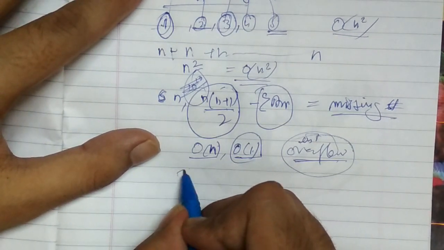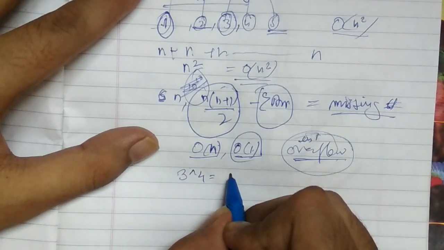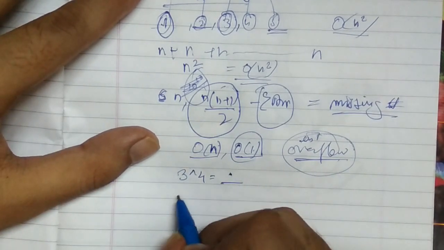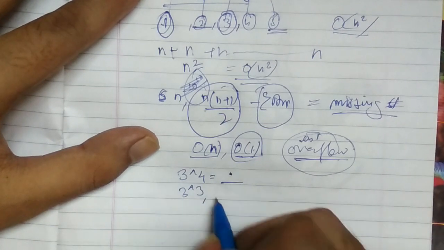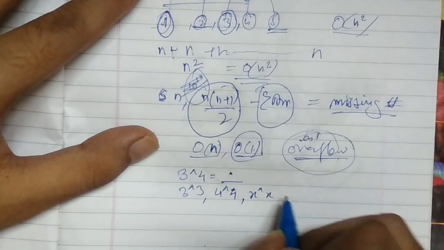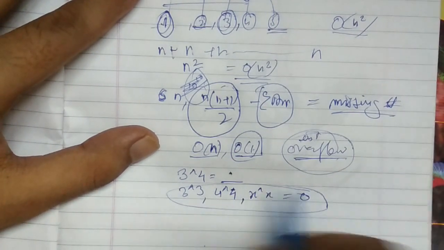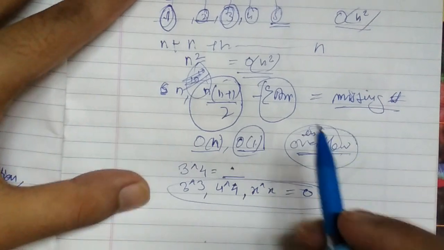Now we know if we take two numbers 3 and 4 and XOR them, we will get a third number. But if we XOR 3 with itself, or if we XOR 4 with itself, if we XOR any number x with itself, then we will get 0. This is the idea that we are going to use in our solution.